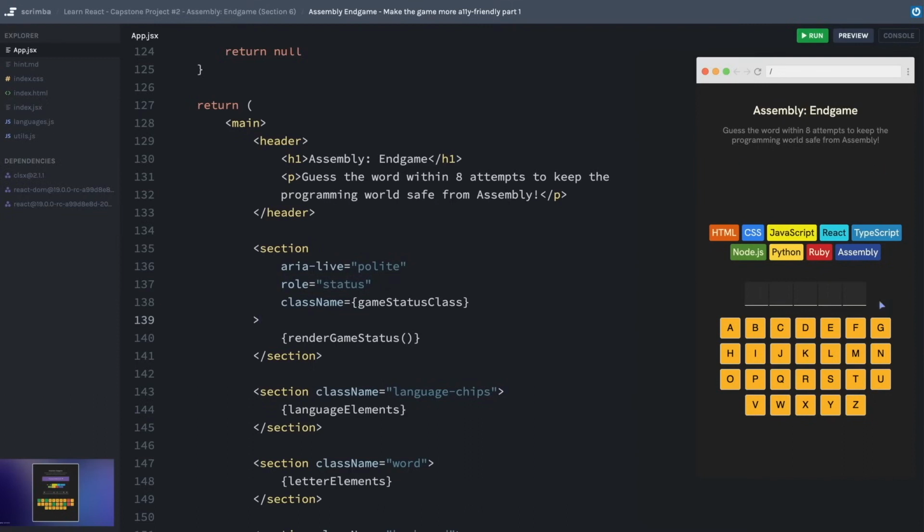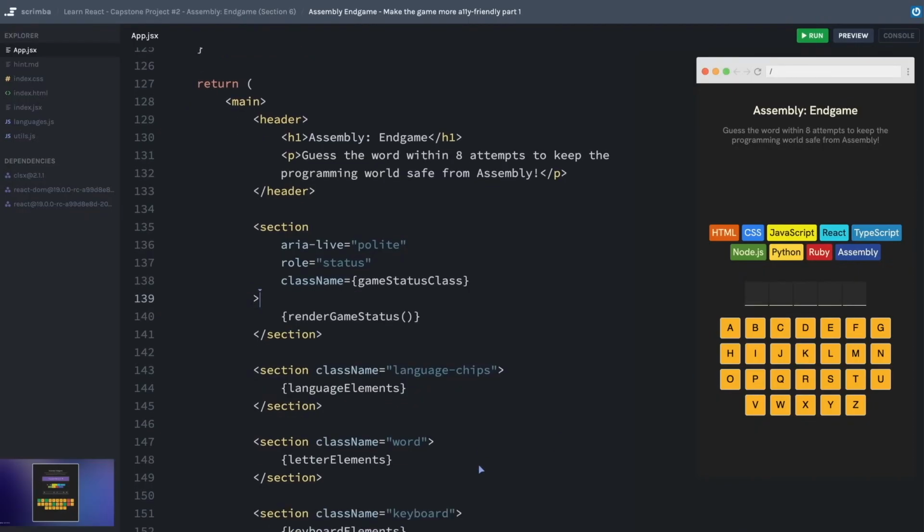Okay, well, let's think about another part of this app that kind of acts like a status and is definitely something we would want to have read to our users if they're using a screen reader. Well, I think it's going to be pretty important that they have some idea of what the current revealed status of our word is. And while we could just surround, let's see, this is our actual word, we could surround this in an ARIA live region, just like we did up here above with the game status. However, because this is such an important part of the game, I think we could put a little bit of extra effort into what gets read out by a screen reader when this is being updated.